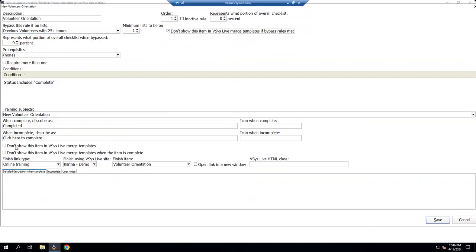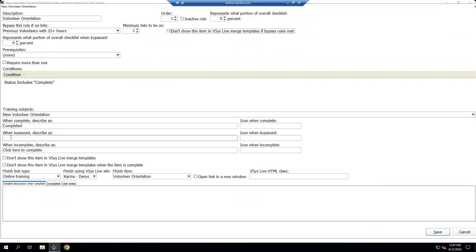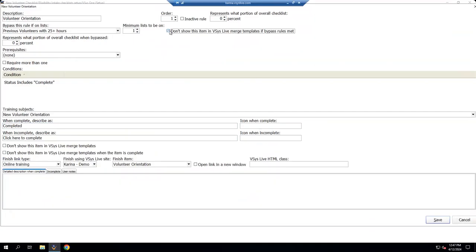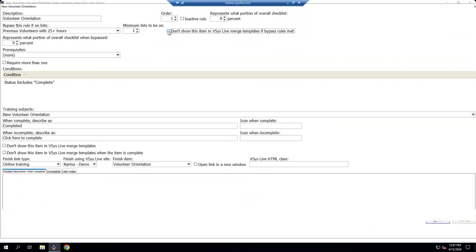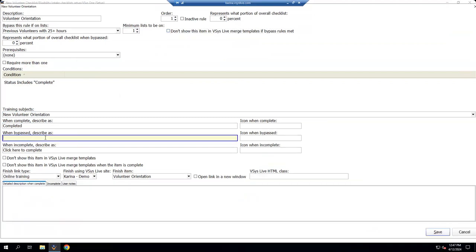You might have noticed a change down here. There was an option for me to provide some wording if they did meet the bypass rule. I'll uncheck it so you can see now. When bypassed, describe it. So I'm given the opportunity to add some wording. But if I hide the item altogether, then that's a moot point and it actually just disappears. So depending on your scenario, you may just want to completely erase this option and not confuse volunteers and not show it. But in my use case, I'm going to still display it to the volunteers, and I'm going to add some wording like